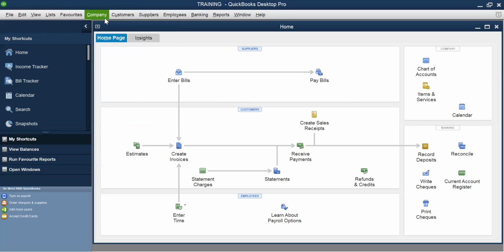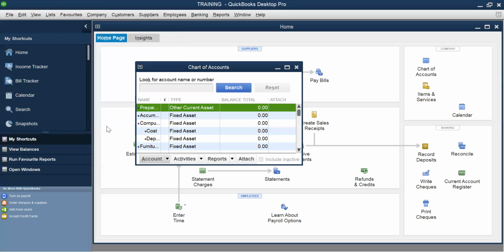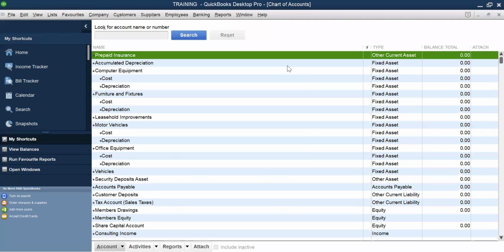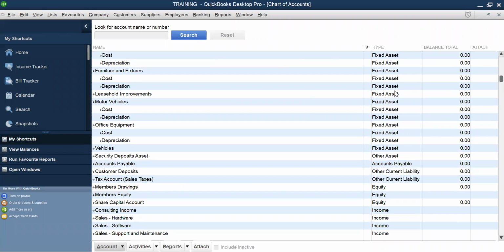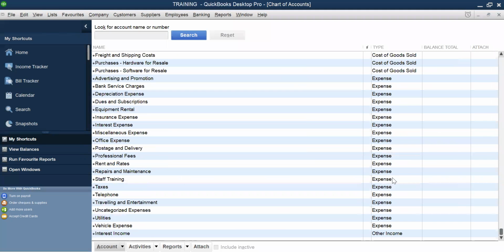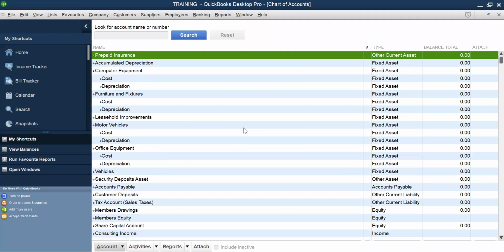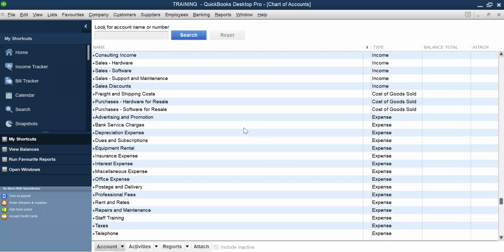So if I open charts of account, here this is the charts of accounts. It has this list of assets. We have liabilities, equity, income, and expenses. So if you can see on the account type, we have your assets. If you go down, we have other current liabilities, we have cost of goods, expenses, and income. The charts of accounts, QuickBooks